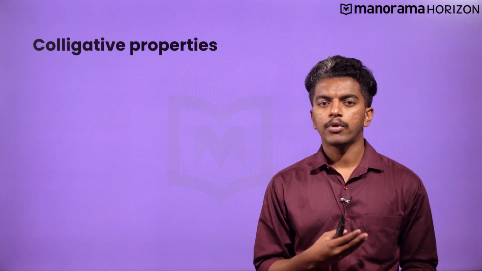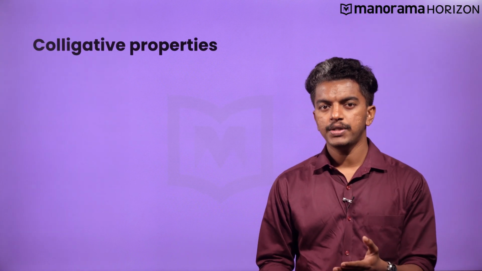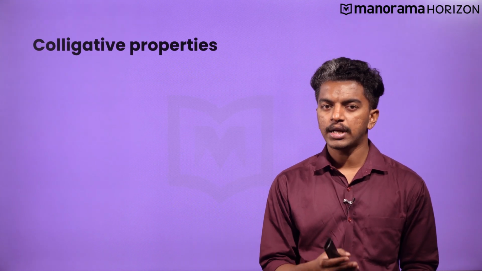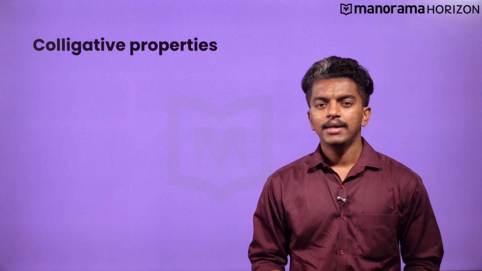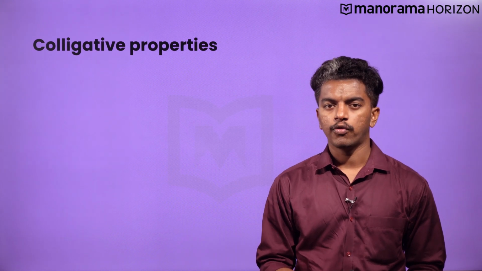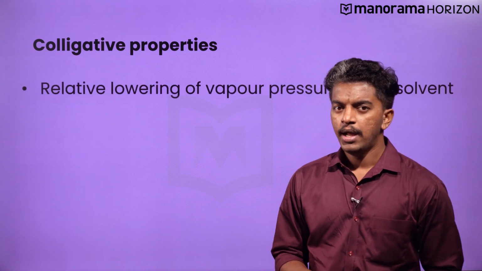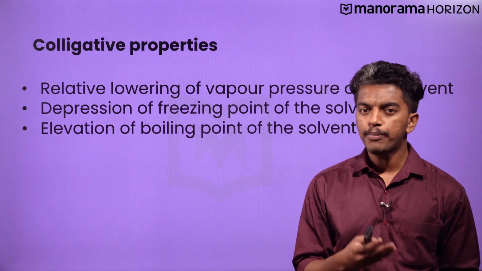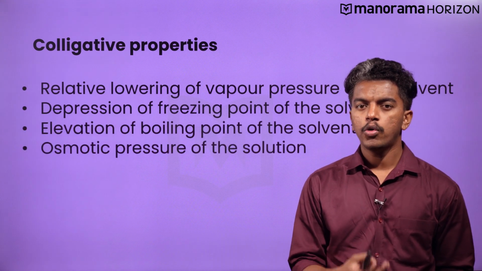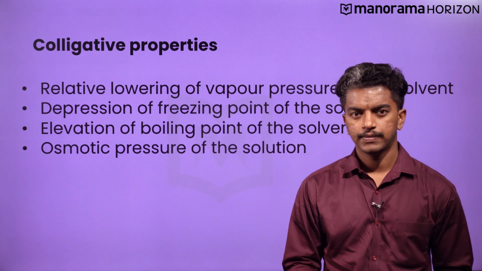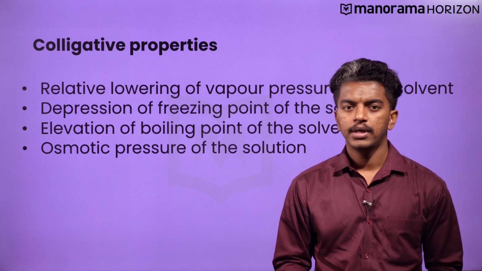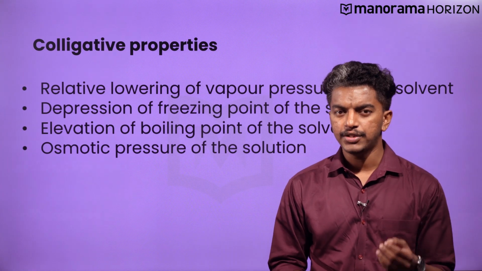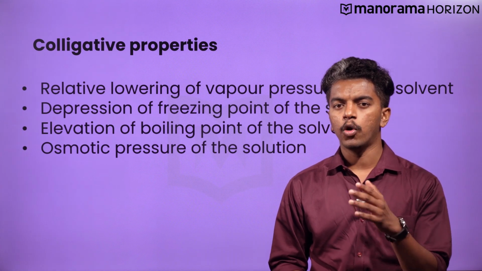There are many properties of solutions which depend on the number of solute particles irrespective of their nature, relative to the total number of particles present in the solution. These include relative lowering of vapor pressure of the solvent, depression of freezing point of the solvent, elevation of boiling point of the solvent, and osmotic pressure of the solution. These properties are called colligative properties. We will discuss each in detail, and in this video, we will deal with the relative lowering of vapor pressure